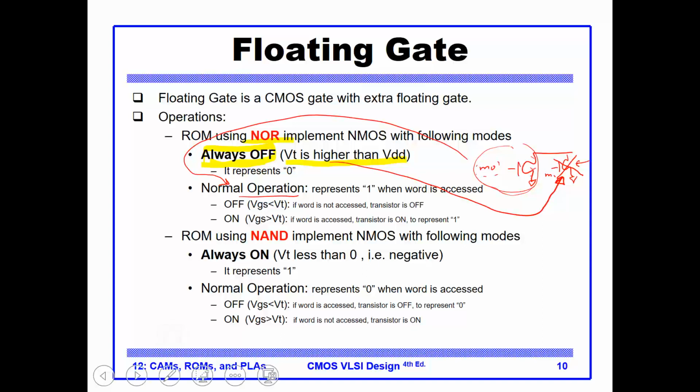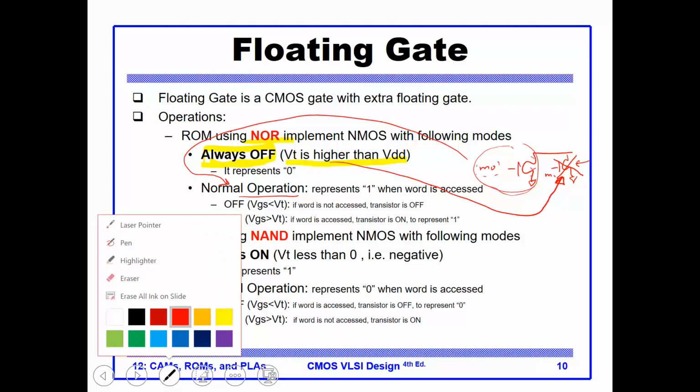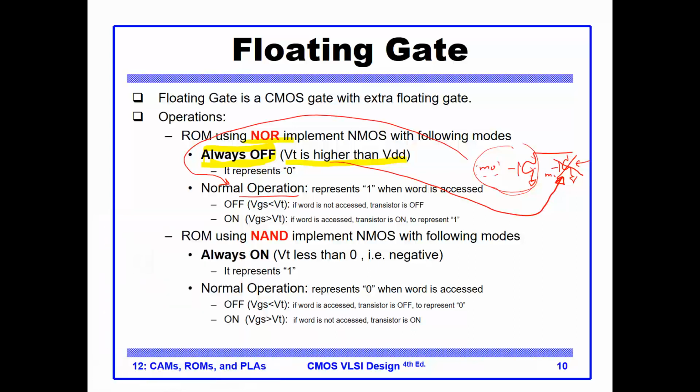Okay. Now, so this is one type of programming. Another type of programming is what we use in NAND operation. So the previous one is used in what type of gates? In NOR gates. The other type is in the NAND gates. And in this, basically what I do is that I have a series of